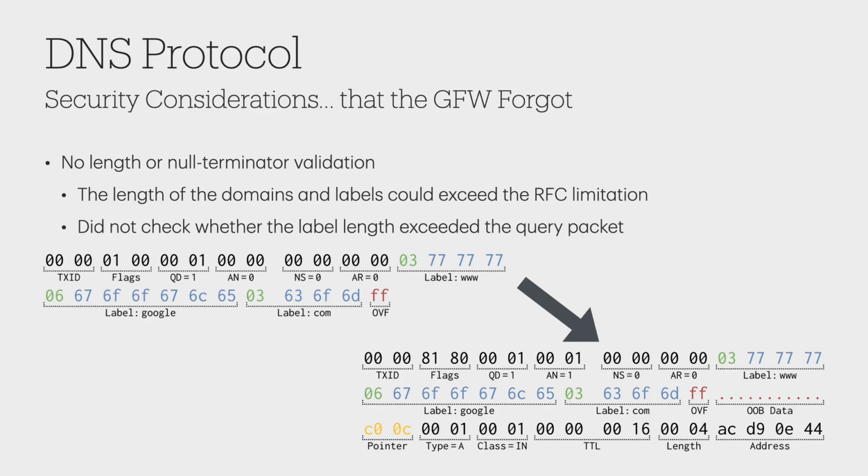The second flaw was fatal. The vulnerable injector did not check the length fields of the labels. If we further changed the null terminator to FF, which denoted a label of 255 bytes, the packet injector would continue copying the memory beyond the query, until it reached the maximum size. In this way, we could dump a small part of the Great Firewall's memory, through such crafted queries.